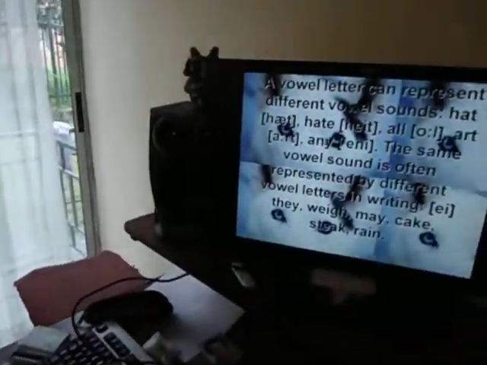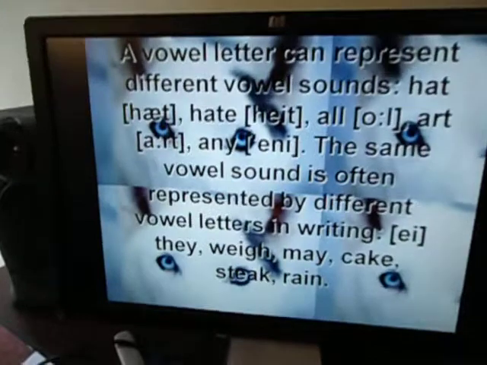So, first of all, I'm going to explain that a vowel letter can be represented by different vowel sounds, such as hat, hate, all, art, or any. And the same vowel sound is often represented by different vowel letters in writing, by they, wait, may, cake, stick, and rain. And this is the main representation